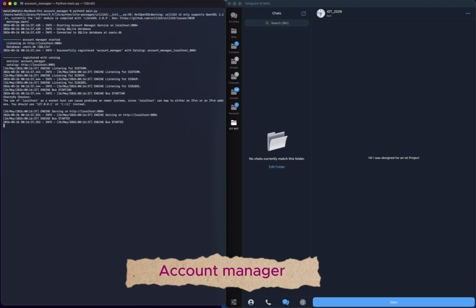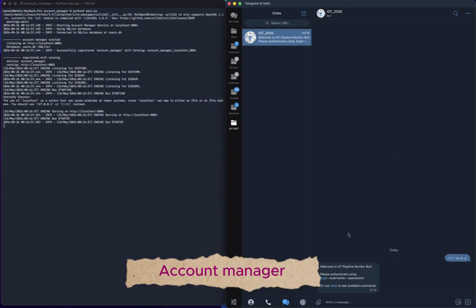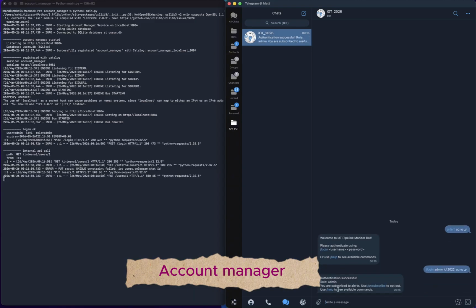The account manager is the service that handles authentication and user management for the whole system. When a user logs in from the dashboard or from the Telegram bot, the account manager checks the credentials against the user database and gives back a token that is valid for 24 hours. This token is then used by all the other services to verify who is making the request and what they